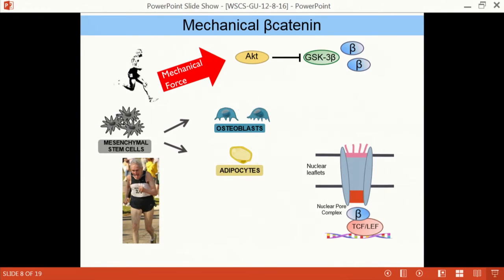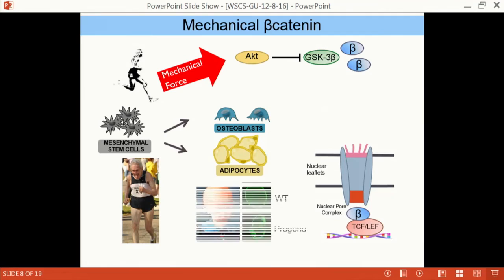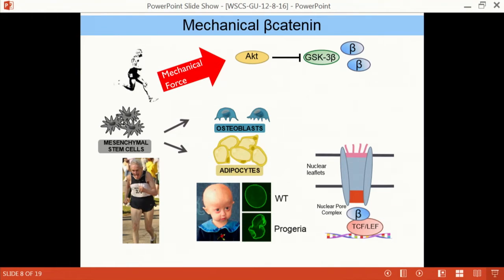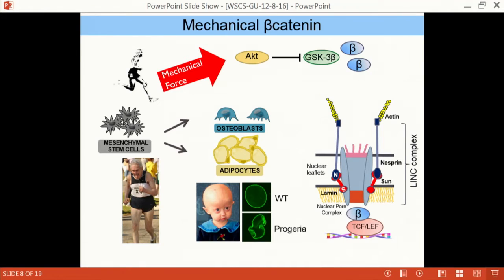When we get old, however, not only do our MSCs become more adipogenic, but their mechanosensitivity is also decreased. We don't have to wait for years, however, to have insensitive MSCs. In a pathology case of aging called progeria, patients again show reduced mechanosensitivity and increased adipogenesis. One of the etiologies of progeria is this misshapen nucleus. Here's a control cell, and here's a progeric cell. And we know now that the problems in the nuclear structure come because of the mutations in the lamin network. But now we are also learning that these LINC complex mutations also play a role in the phenotype of this.